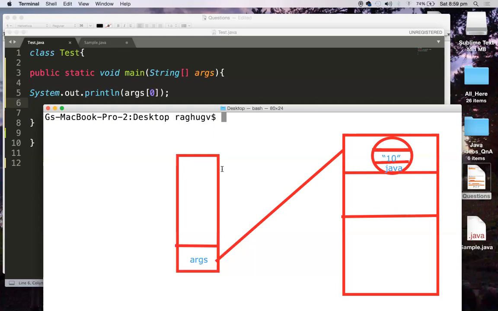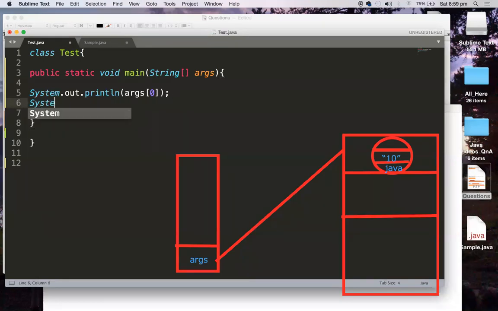So I'm going to give my name here, java space Test. Let us assume my name is some ABC. Now ABC is going to get printed, so I am reading from the keyboard and it is getting printed. So this ABC will be available in this String array at args of 0. So args of 0 is here.